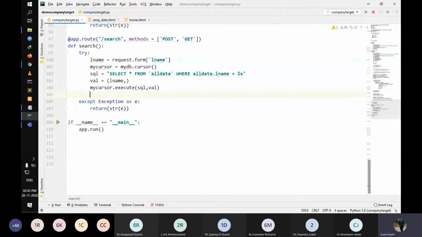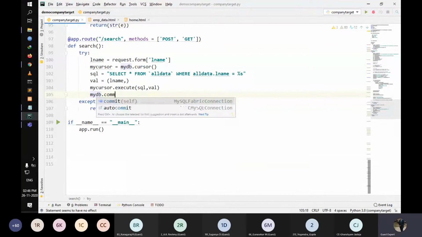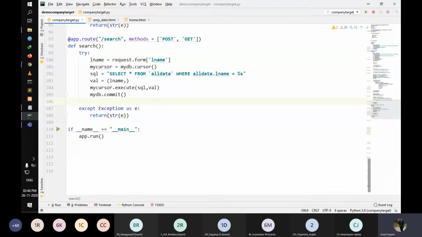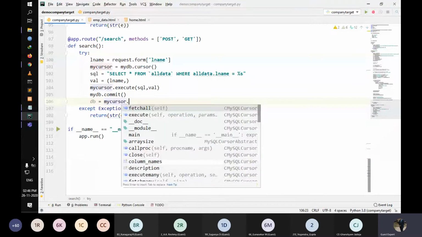So after this, we will go to mydb.commit. This will commit the value to the database, and then we can save it in the db variable: mycursor.fetchall.